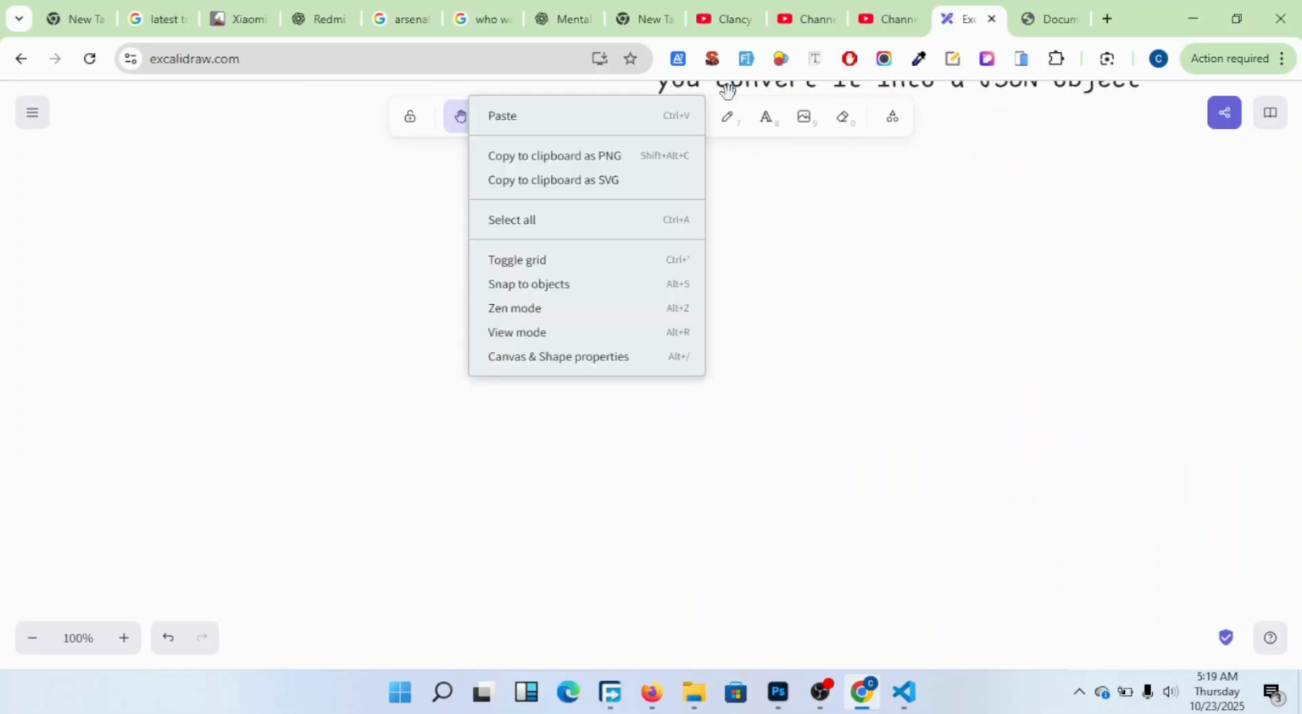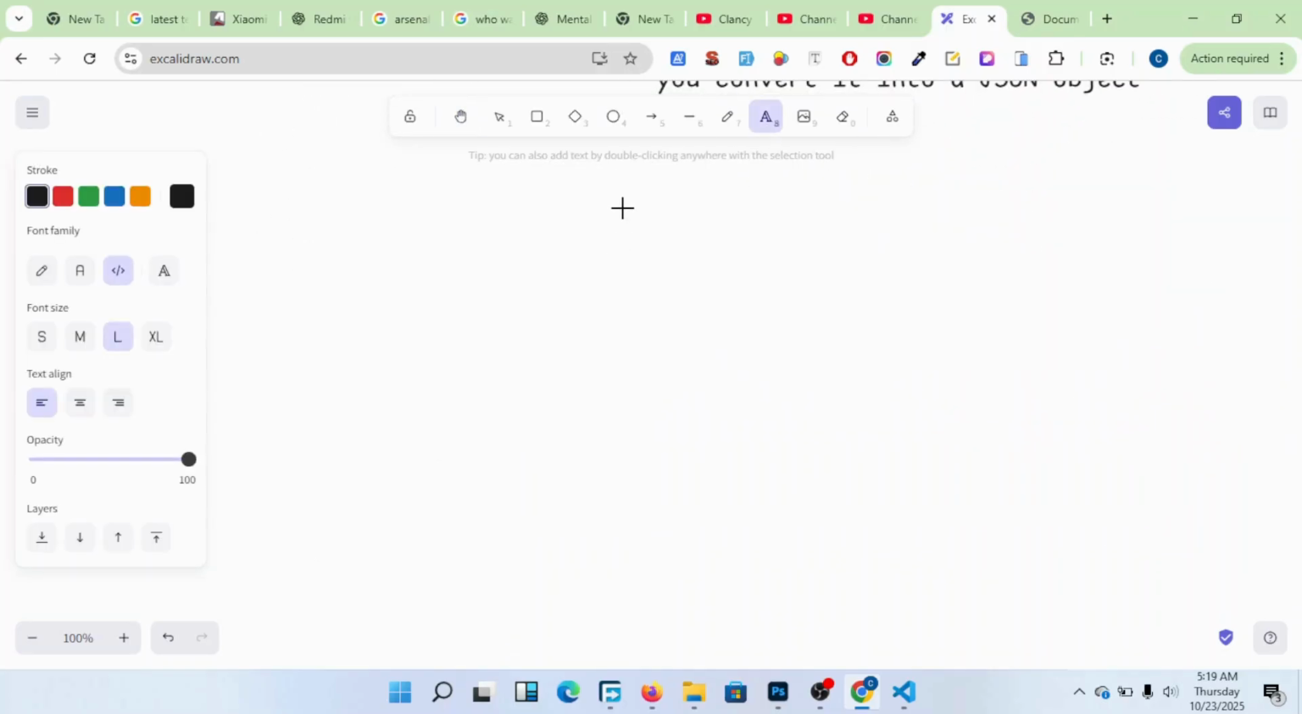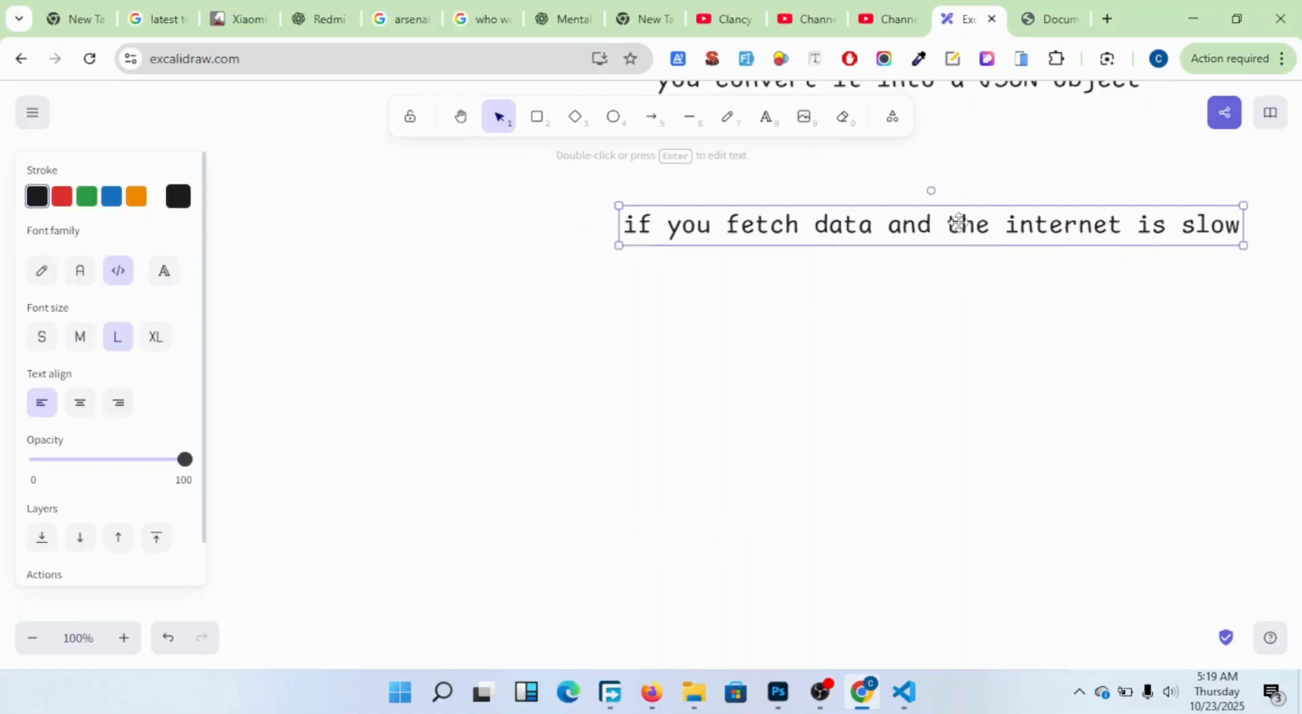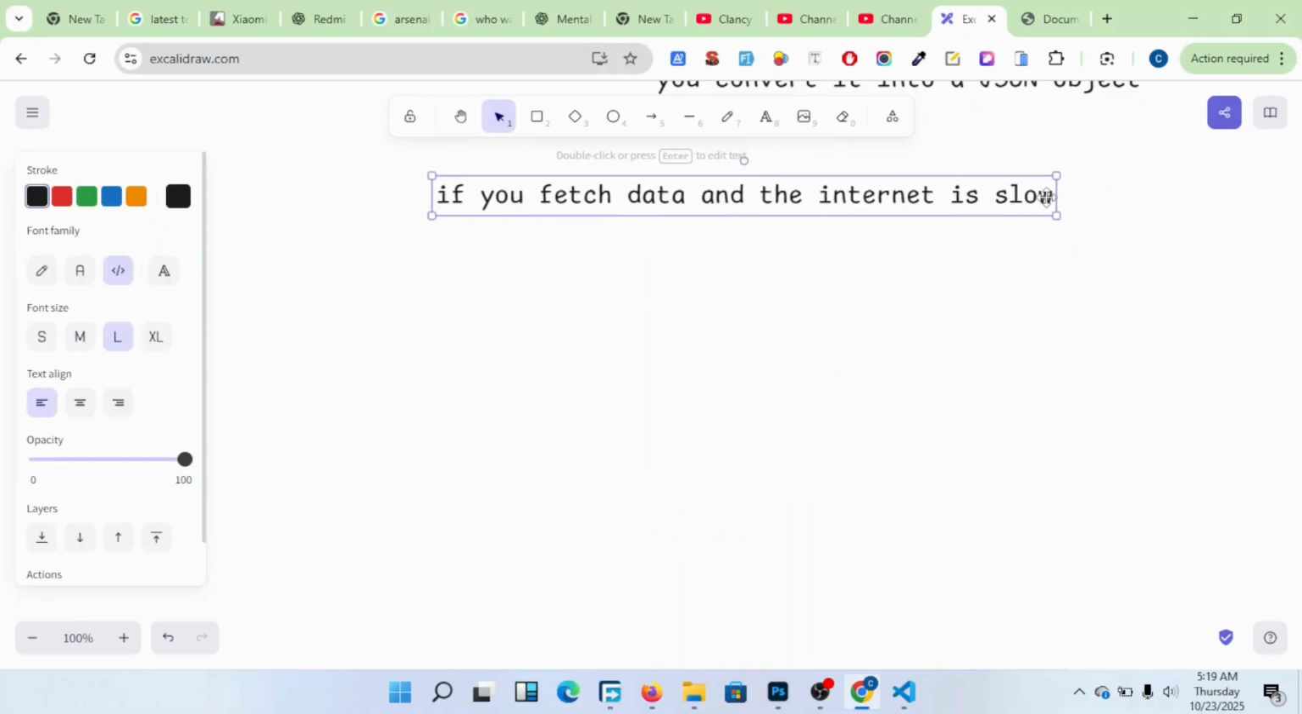What if you are fetching data and the internet is slow? If you fetch data and the internet is slow, this data may not even appear. Are you seeing? If you fetch data and the server is broken or the API is broken,